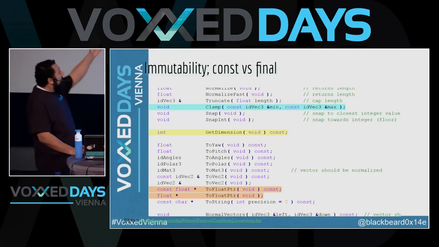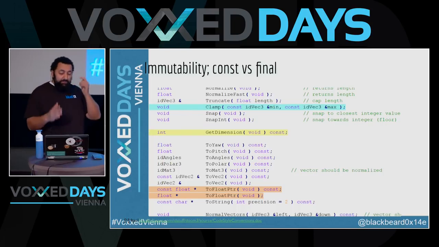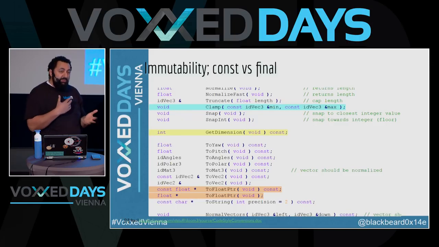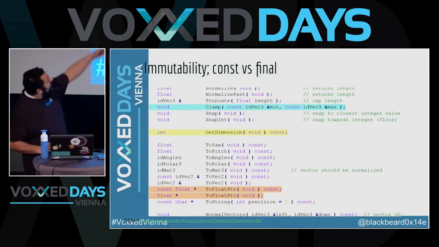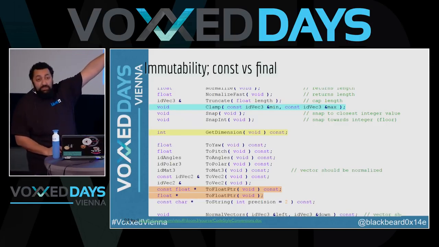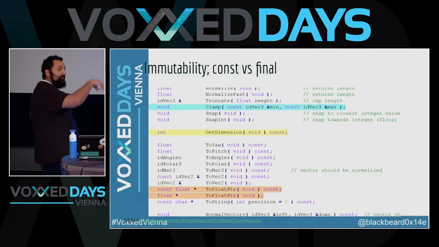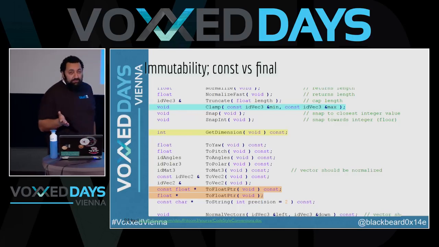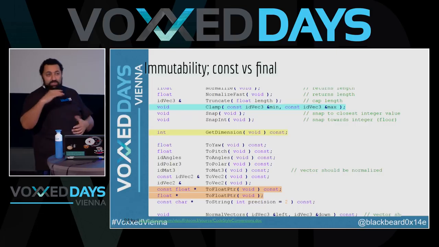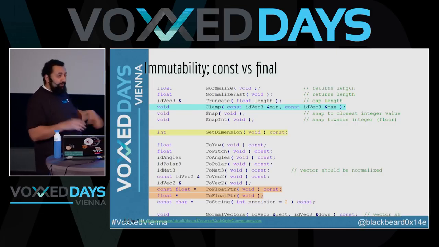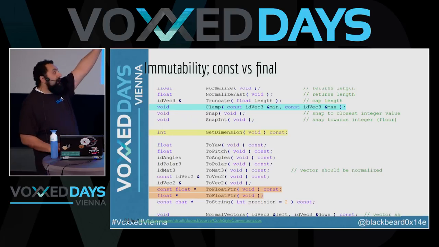Oh yeah, and const in C++, when you put it in front of something, it not only becomes immutable, it becomes an immutable type. So const idvec3 is not the same as an idvec3. It's kind of like a different type, so you can't pass a normal idvec3 to this function. Granted, in C++, when you get that low level, you can work around anything. But out of the box, this is how it's supposed to work.